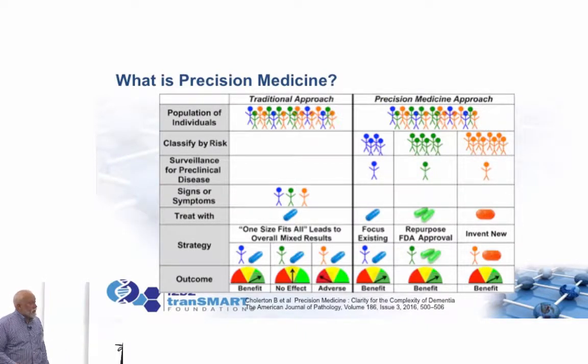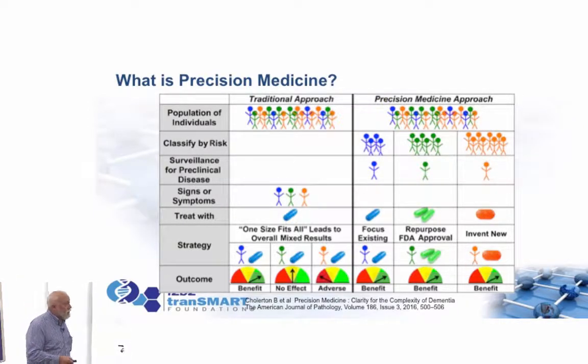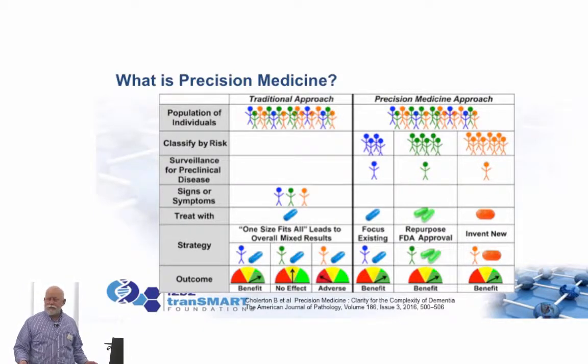In the context of precision medicine, what we want to do is get to a position where we take that cohort of patients, and then we can subdivide that cohort of patients based upon their mechanism of disease, based upon their genotype-phenotype relationships, into separate cohorts in that disease process that we can treat with different kinds of treatment regimens and get a much higher response rate. And within that, we can do a number of key things. We can take existing drugs and treat them here. We can repurpose various drugs that are already approved. We can invent new drugs for each of these cohorts. So this is the area that we want to move to.